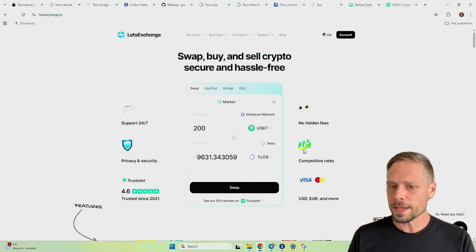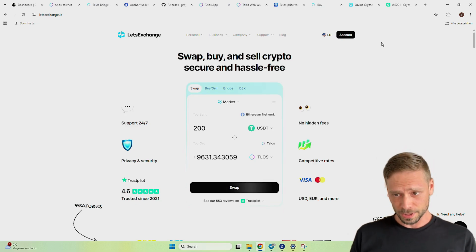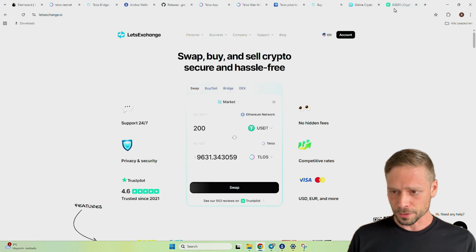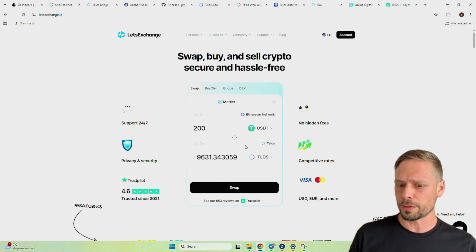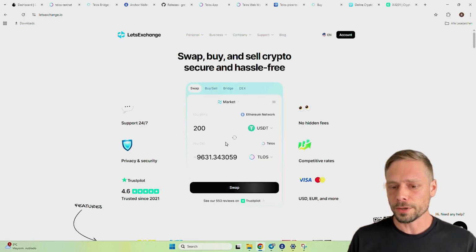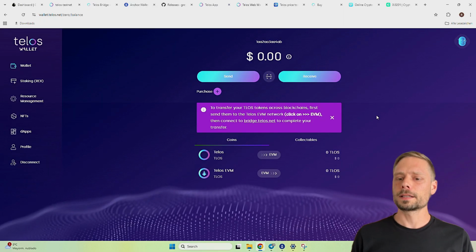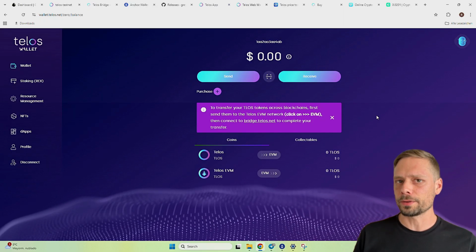This one I didn't try yet, but it was also recommended in the Telos channel. So yeah, there are really a lot of options to choose from. Here I'm not exactly sure if you are able to withdraw native Telos, but again, if not, you can withdraw to the Telos EVM and simply use the web wallet to transfer the tokens.